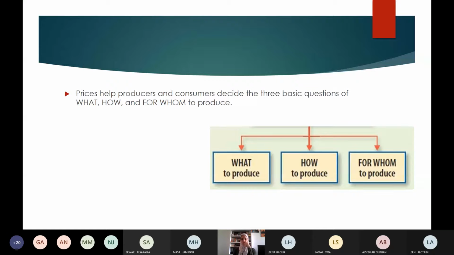What does price do too? Prices help us as buyers, and they help the producers to decide three things: what to produce, how to produce, for whom to produce. What to produce, as a producer, I would think I have to produce a hoodie with a sign of what? What is the best sign you like? A brand you like, prefer, or